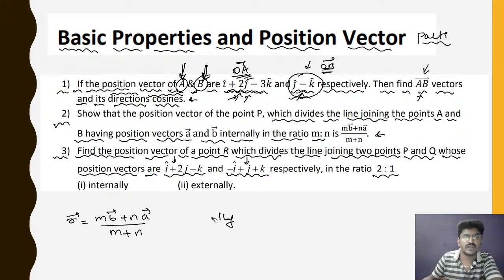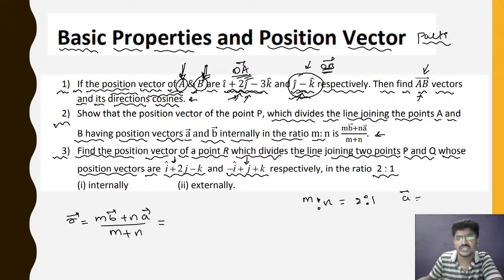So that is vector R equal to (m vector B plus n vector A) divided by (m plus n). Here m is to n is equal to 2 is to 1. Vector A is I cap plus 2j cap minus k cap. Vector B is minus I cap plus j cap plus k cap. These are given here. So from that, m is 2, so you can use that 2 into